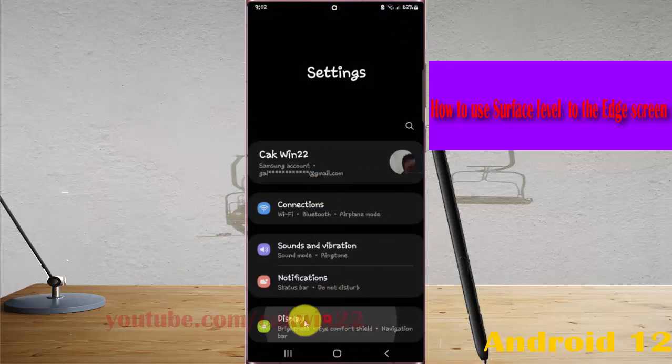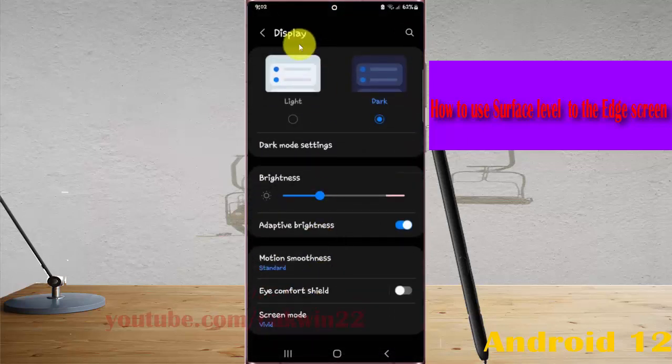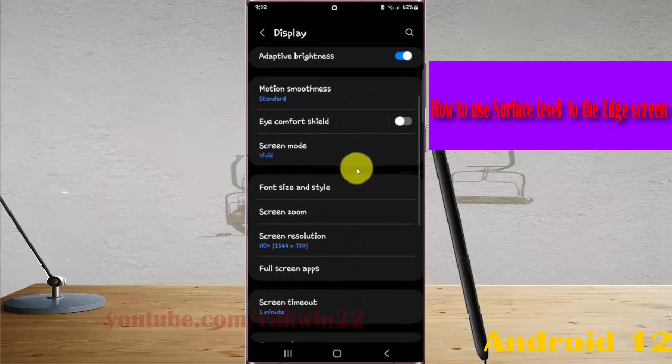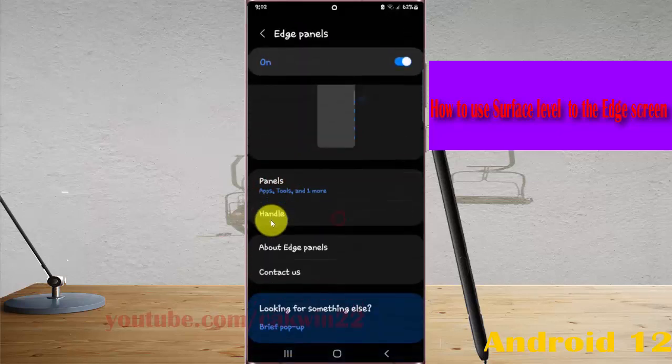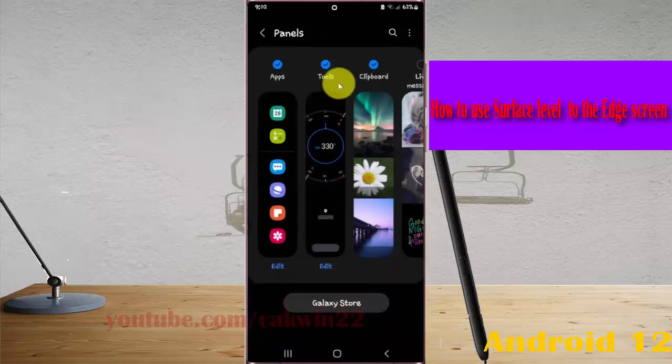Select display and then scroll down display screen. Tap edge panels and then select panels. If tools is disabled, you must check to enable and then